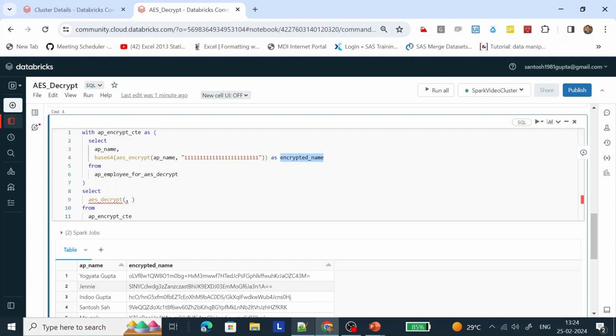So this is the encrypted column, but this encrypted column is in the base 64 character. So let's unbase it. We have unbase with the help of base 64 character, and here it would be the key based on which we have encrypted the column,